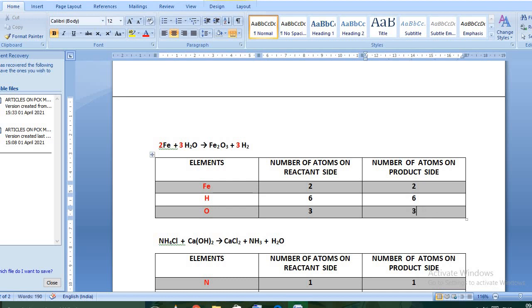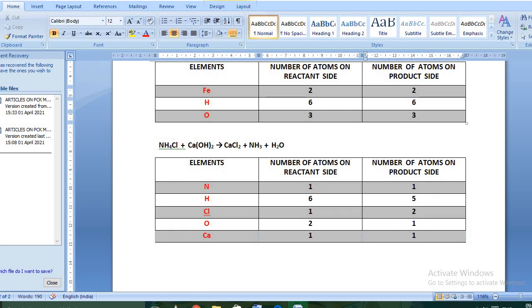Now the next chemical equation is NH4Cl plus Ca(OH)2 gives CaCl2 plus NH3 plus H2O. So nitrogen is 1 on both sides, hydrogen 6 and 5, chlorine 1 and 2, oxygen 2 and 1, and calcium 1 and 1. So calcium is balanced, nitrogen is balanced. Now the frequency of these two, chlorine and oxygen, is the same, and neither chlorine nor oxygen is a metal,